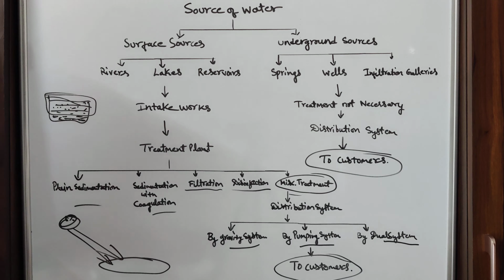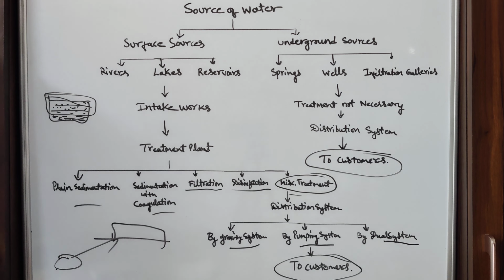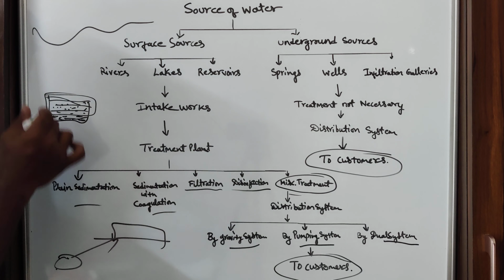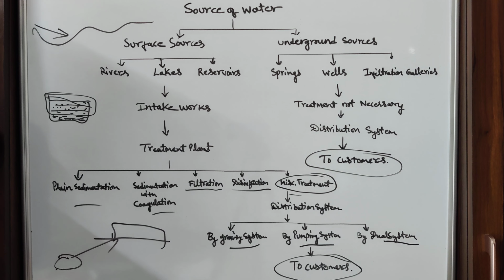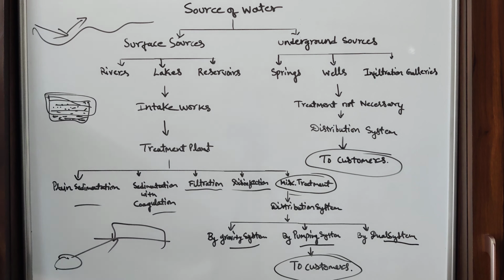The pumping system is used when the reservoir is at a lower elevation, or the village or city where you need to supply water is at a higher elevation. We need to pump the water to that system. In several areas where we come across varying terrain, some areas need gravity itself, and in some areas we need to pump it. So we adopt the dual or combined system of pumping and gravity.